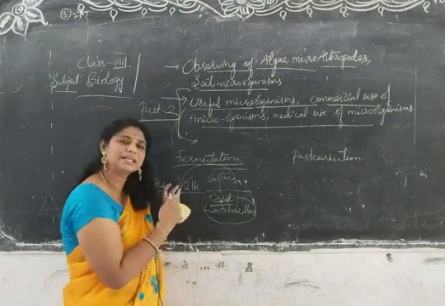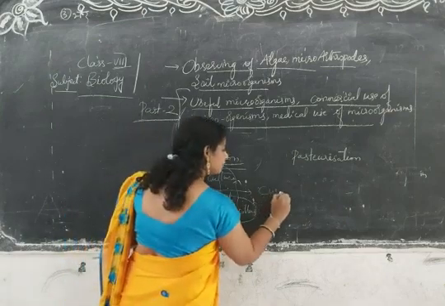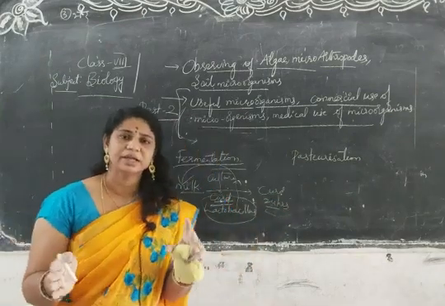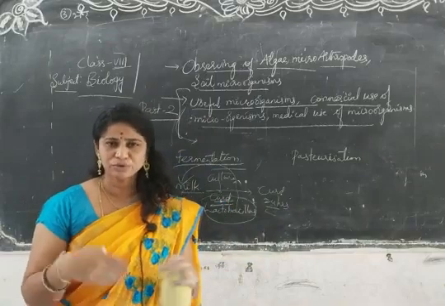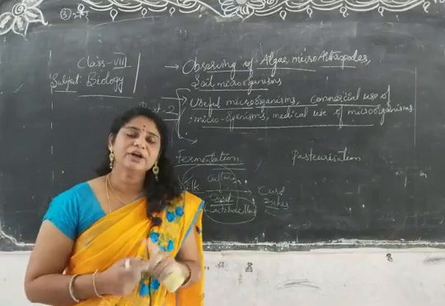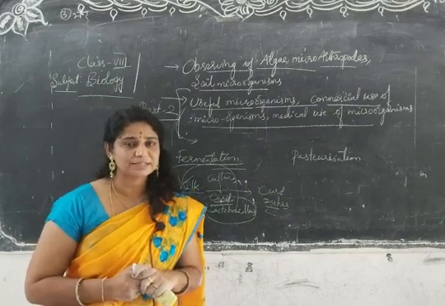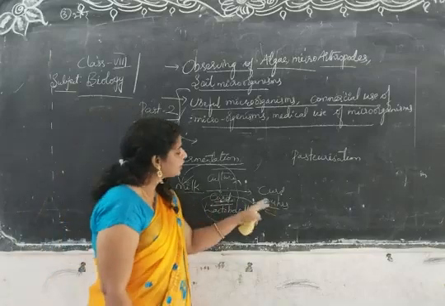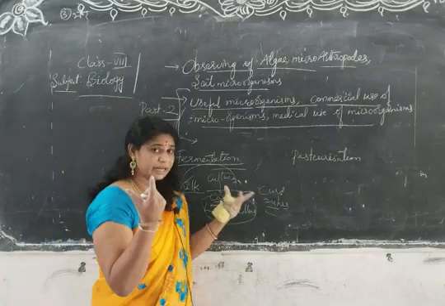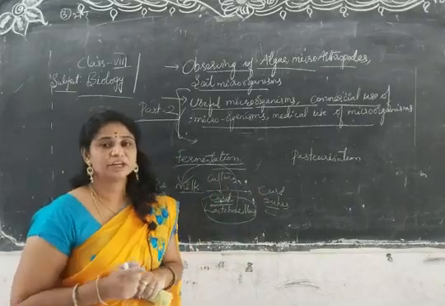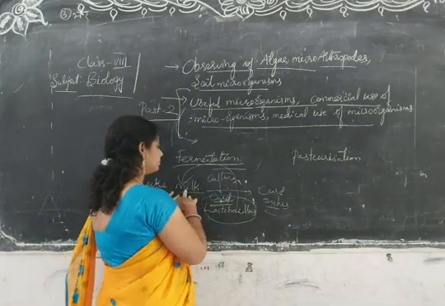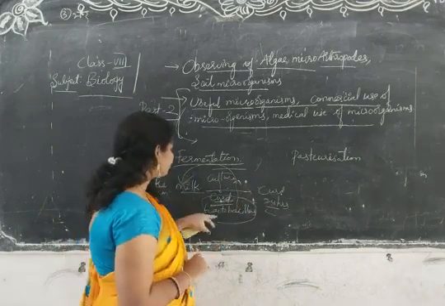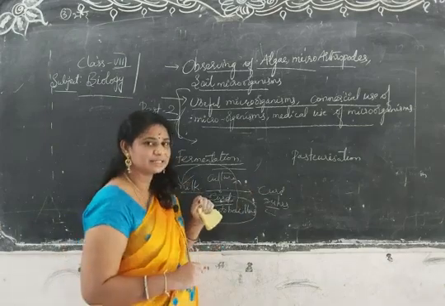What will happen? This milk gets converted into curd after 24 hours. If you go and see exactly in between, in 8 hours or 10 hours, does curd formation occur? No. Each and every organism has a certain time period: 24 hours, 48 hours, 72 hours. In 24 hours, it also depends upon the temperature. So what is happening? The milk is getting converted into curd. So what is the organism? Lactobacillus is the organism.